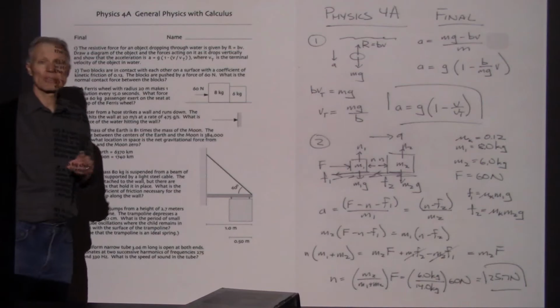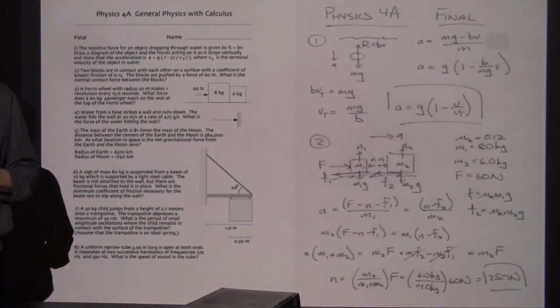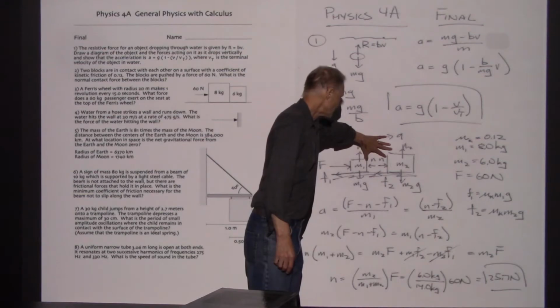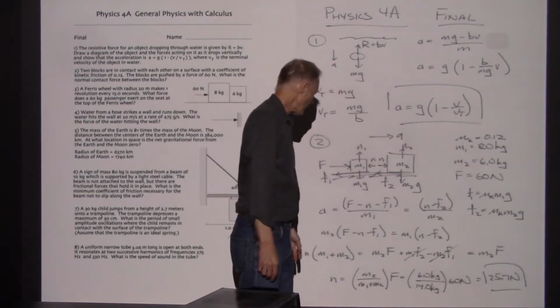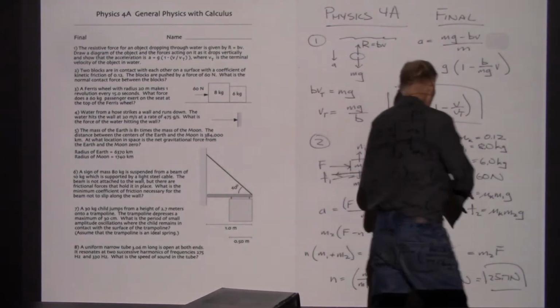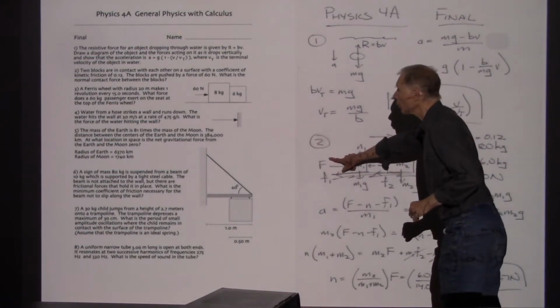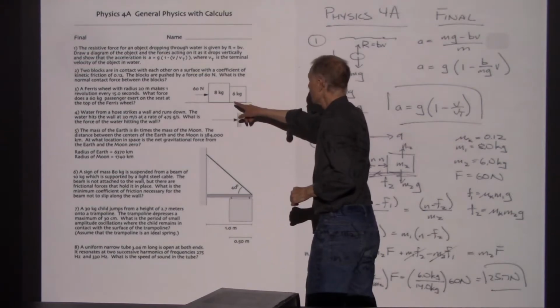Now it does reduce the acceleration. The acceleration will be less as a result of those two frictional forces, but it doesn't affect the normal force acting between the two blocks. Now, I put all the numbers in, and let's see, this was 60 newtons pushing the whole system combined, so